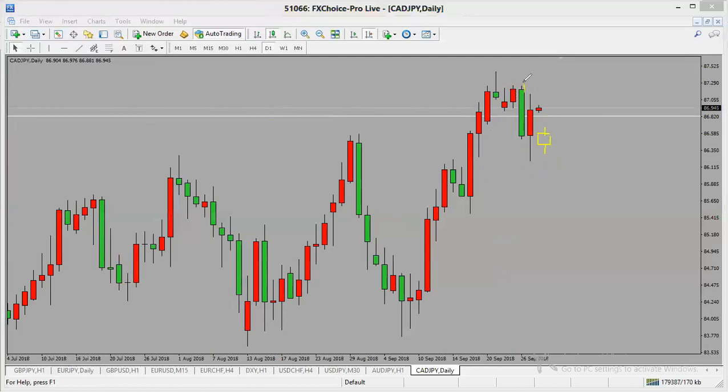Because seeing an engulfing pattern just gives you an idea that the price is about to reverse, but it's not significant enough to tell you that now you must enter a trade. Engulfing doesn't mean that you must enter a trade. You must have a confirmation, especially in a small time frame, to see whether the price is about to go up or down. But with this, as you can see, this rejection right there, lower prices were affected here. And when you go to a small time frame, let's go to a small time frame,